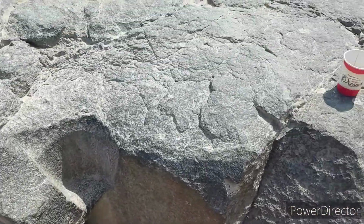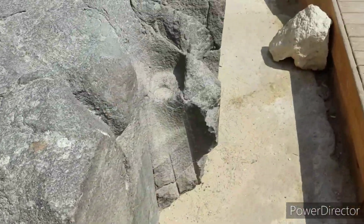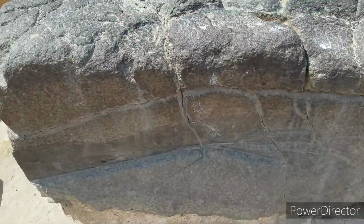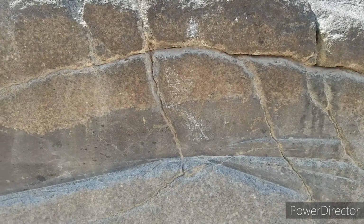Pretty cool pockets here on this rock. This is one of the vitrified rocks that Brian likes to talk about. Leaves some really nice tool marks. You can definitely see that being the same thing as trying to cut a heavy piece of metal with a hacksaw, and you're like a 9th grader in high school just trying to figure it out. Plenty of marks, very, very fine